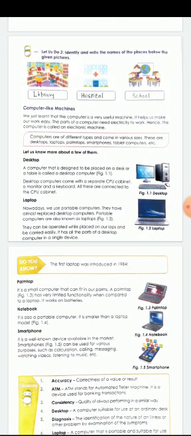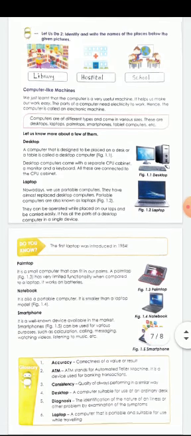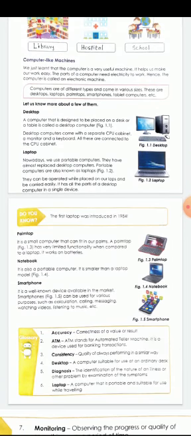They are desktop, laptop, palmtop, notebook, and smartphone. First, desktop. A desktop is a computer that is designed to be placed on a table or desk. Here, the monitor, keyboard, and CPU are available as separate units.